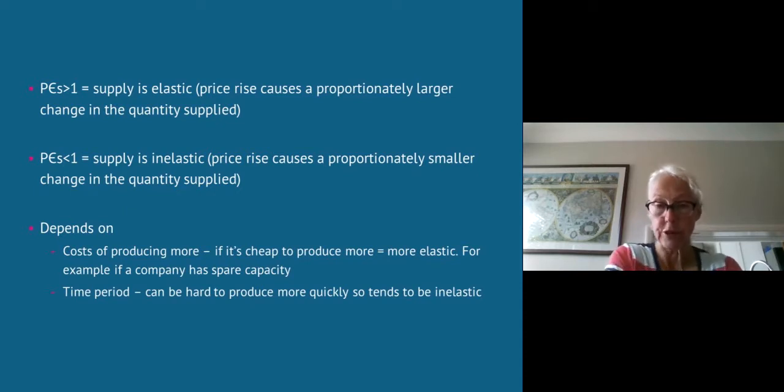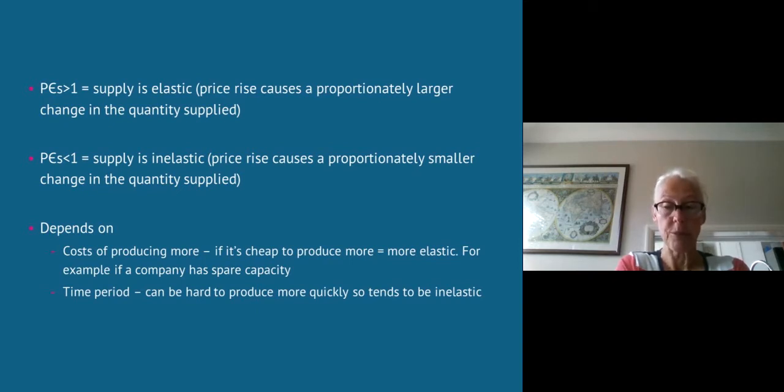But there are issues, for instance, related to time period there, because it can be quite hard to produce more quickly. And in this case, the supply is inelastic. Now, an example would be a company that owns a number of venues. Maybe they own a series of nightclubs, and they've been doing well, but their venues are at capacity. Now they realise they could actually sell more. They can put the prices up,